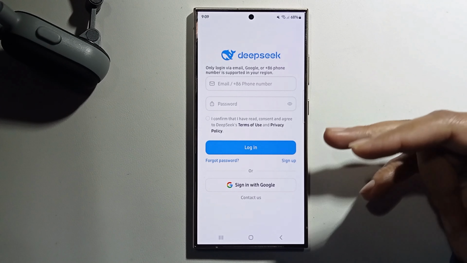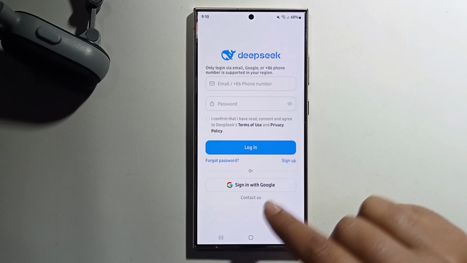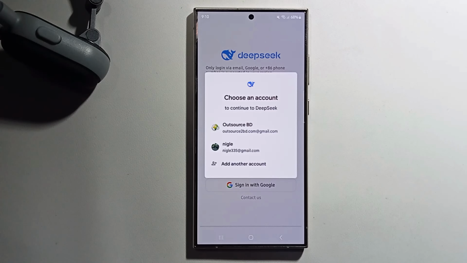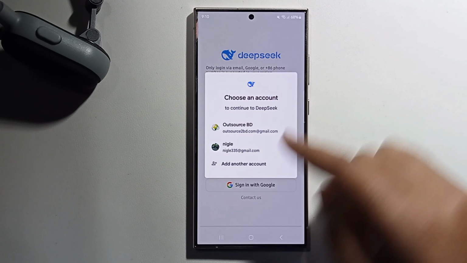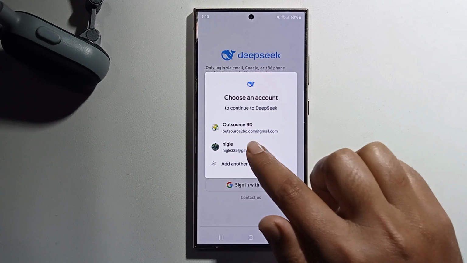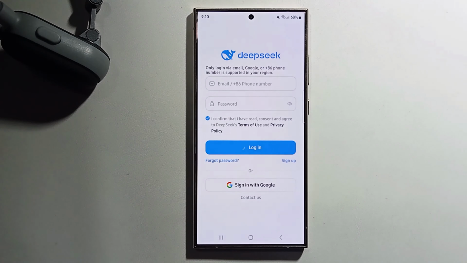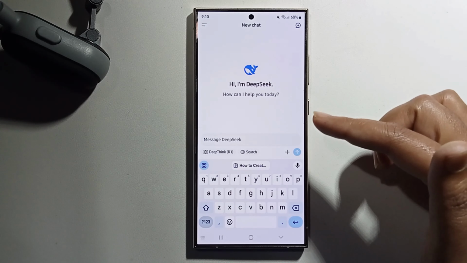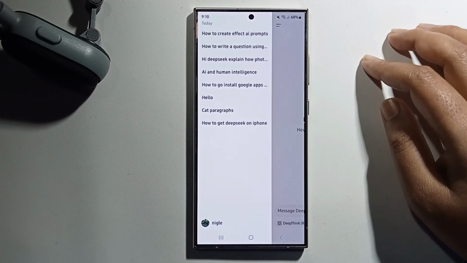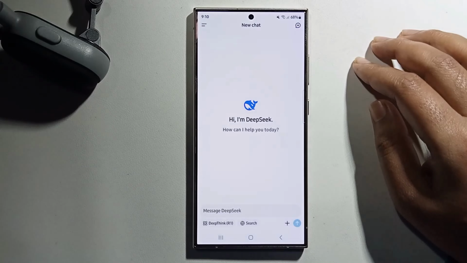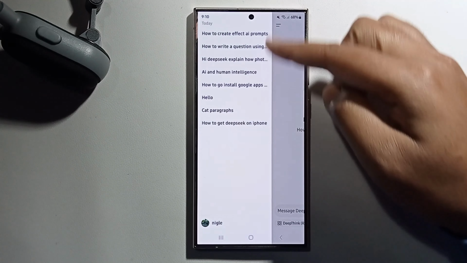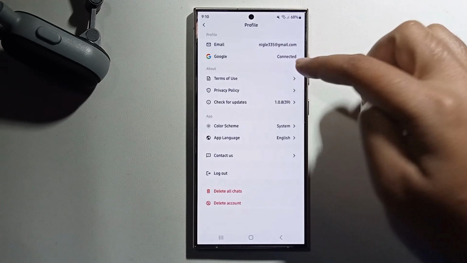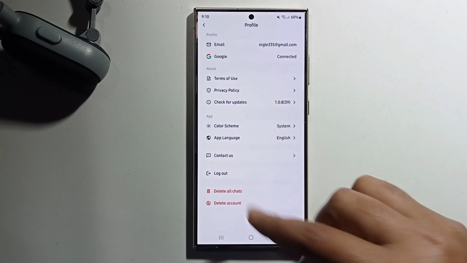At first you need to create an account, so I'm signing in using Google. Click on select account, or if you want, add another account. Okay, now successfully signed in and you can easily use it. Click on the icon showing recent search history and account. If you want to change anything,